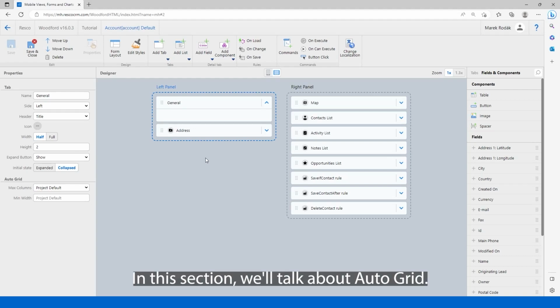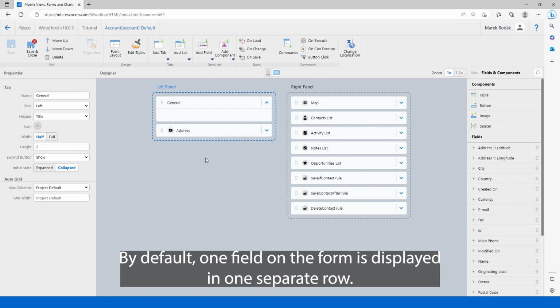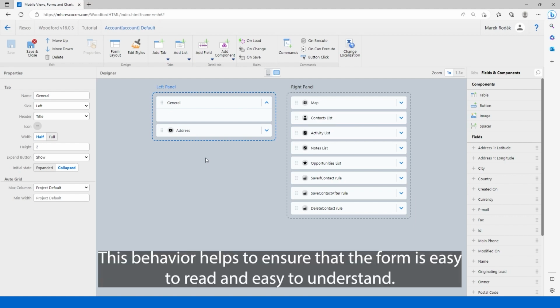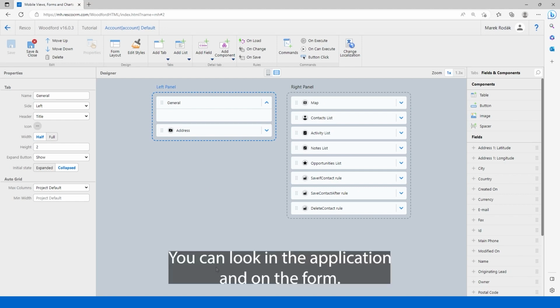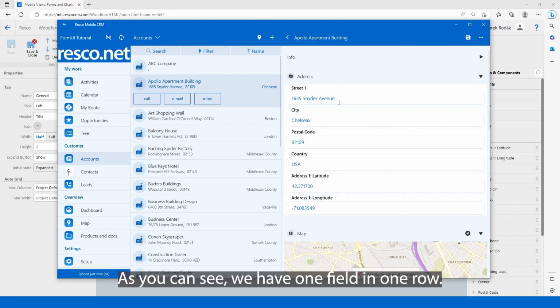In this section, we'll talk about AutoGrid. By default, one field on the form is displayed in one separate row. This behavior helps to ensure that the form is easy to read and easy to understand. We can look in the application, and on the form, as you can see, we have one field in one